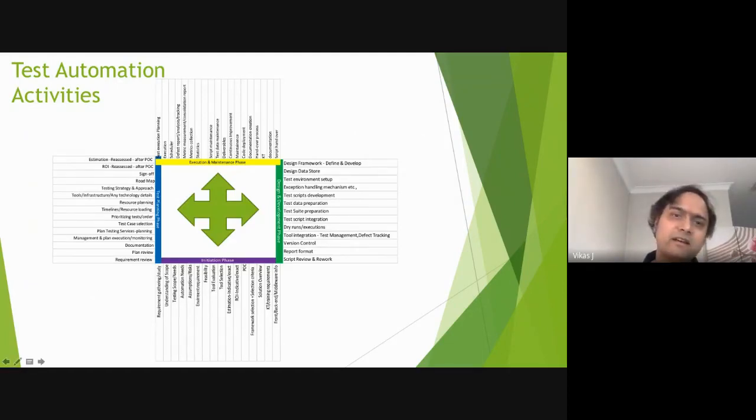But I have here summarized the list of other activities. This is not even exhaustive. This is very minimalistic steps that I have listed down here. What we do in the planning phase, we estimate, we create POCs, and then we create a roadmap. We do resource planning. We prioritize our tests. We select the test cases as automation candidates,